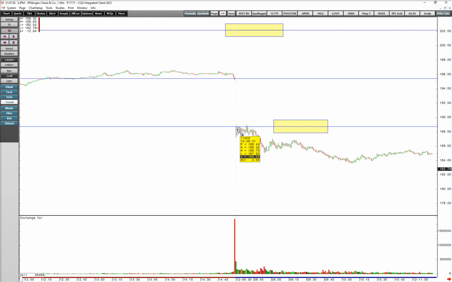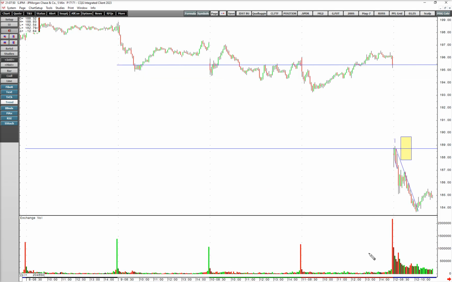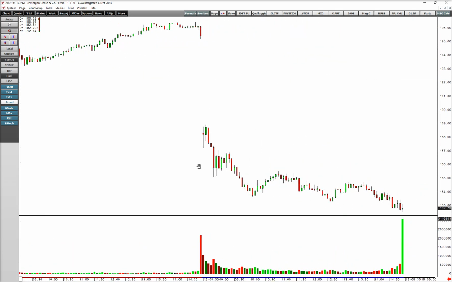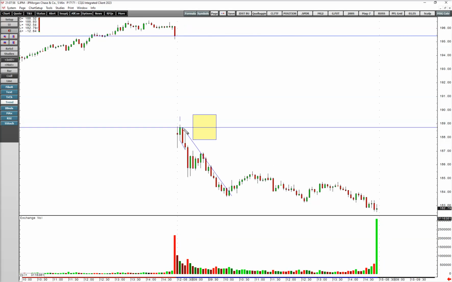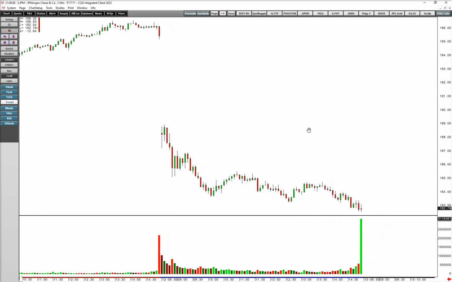And 1, 2, 3, 4, 5, 6, 7, 8, 9. On the 10th minute, it gave a little pop there and then failed immediately on the 11th minute, and that was it. Started heading down. And we can change it to a 5-minute chart so we can see the whole day better. And there was virtually no heat from here. This little consolidation, which was all just a hoagie inside of here, broke lower. We got a little bit of bounce, lower, a little bit of bounce, lower,